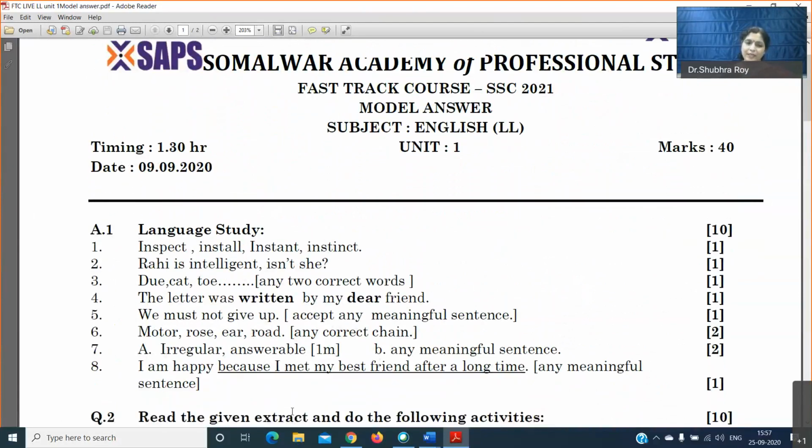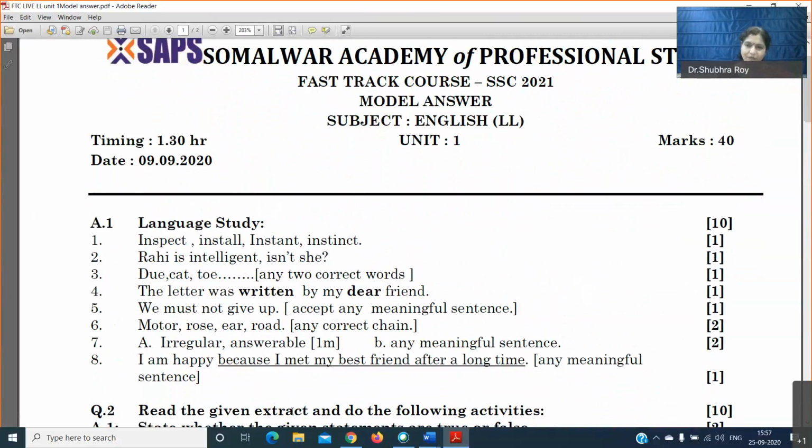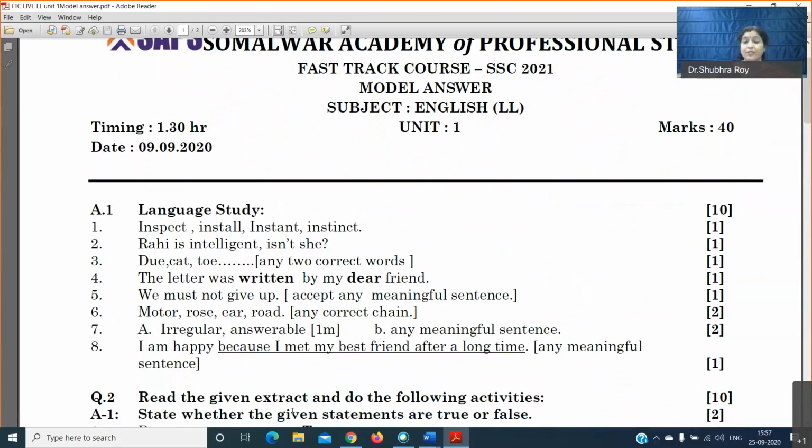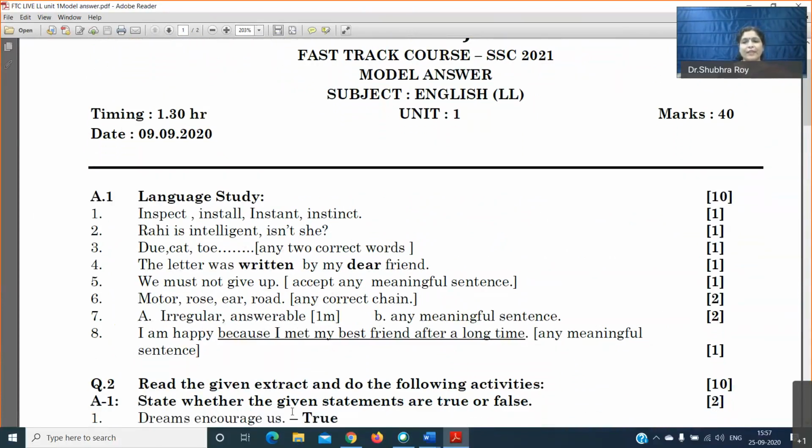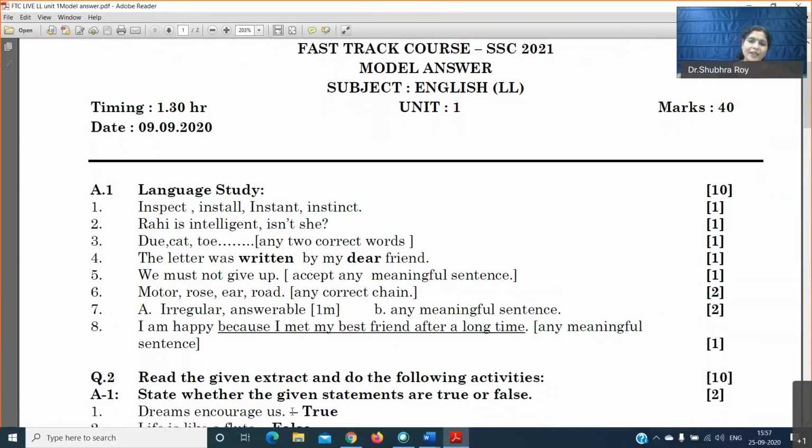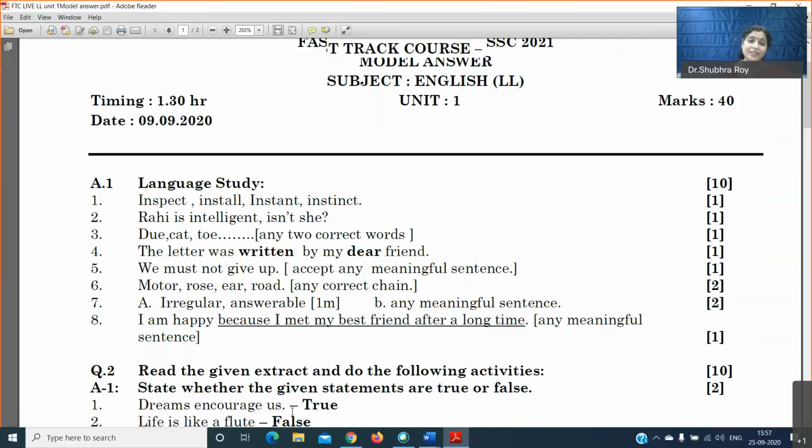It contains 10 questions. In the paper, you will get 10 questions of 20 marks, but here I've given you 6 questions. 8 questions you get of 20 marks. Here I've given you 8 questions for 10 marks. It is usually 2 marks in your activity sheet. So please be very, very careful because one wrong spelling here, you lose 2 marks. One wrong chain word here, you lose 2 marks. One wrong suffix here, you lose 1 mark. So losing marks is quite evident here if you are not very careful when you are writing the paper.